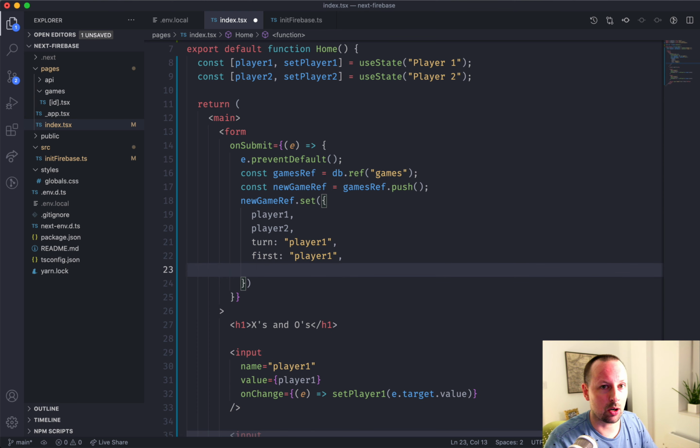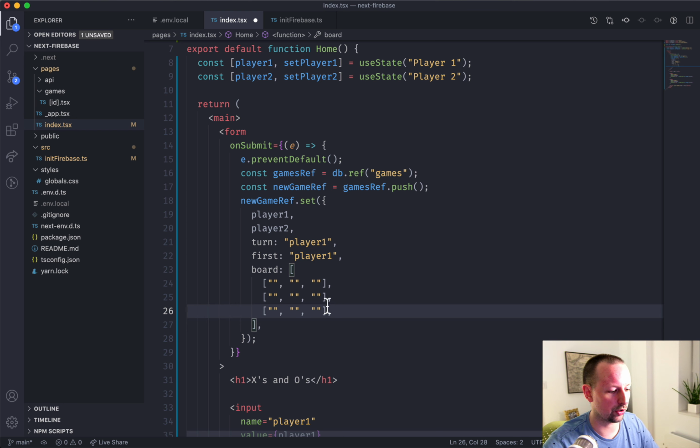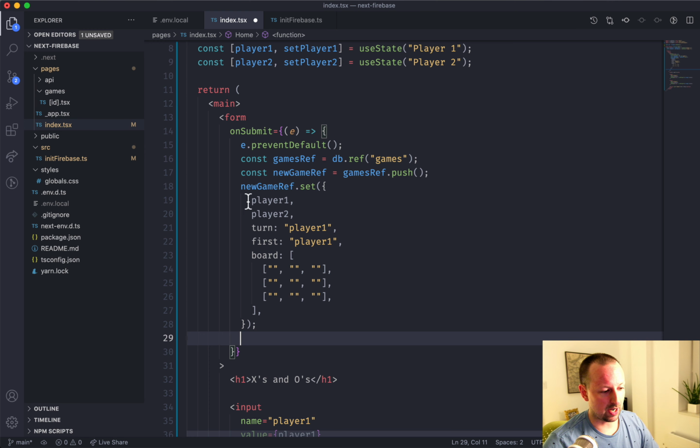And now we're going to create our board. So this represents that 3x3 X's and O's game. So we're going to say board. It's going to be an array of arrays where each first level array represents a row, and then each value in here represents a column. So here we're going to just set empty values because nobody's gone yet. So we'll put in 1, 2, 3 rows of 3. Okay, so if this works correctly, it's going to have inserted a new game into our database under the games